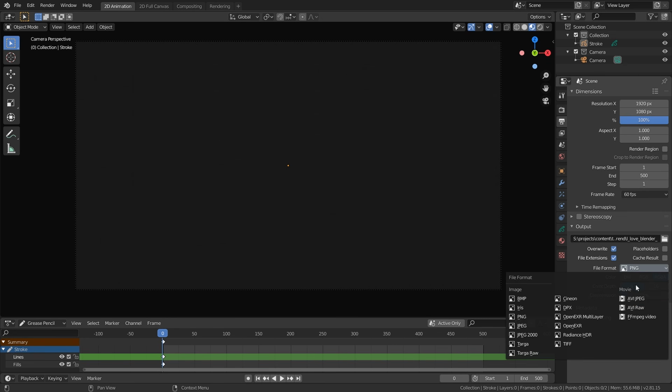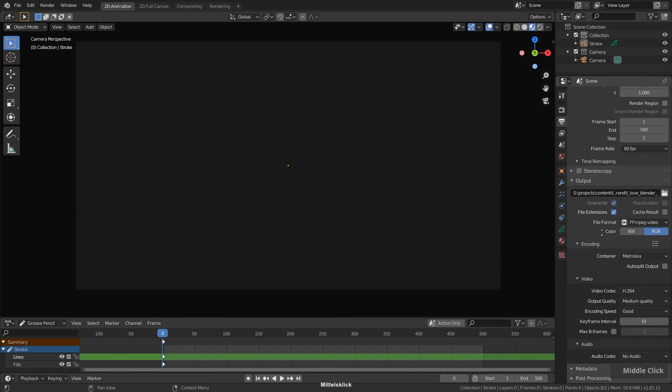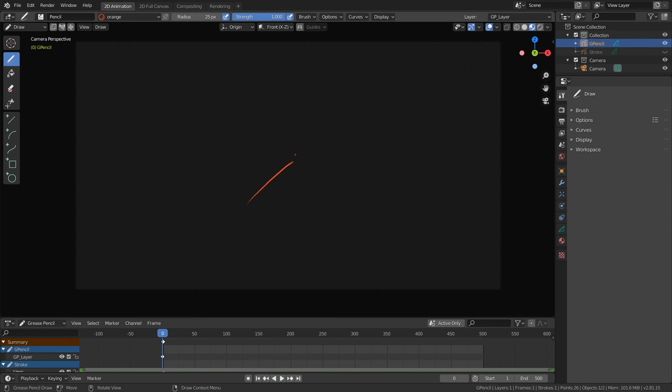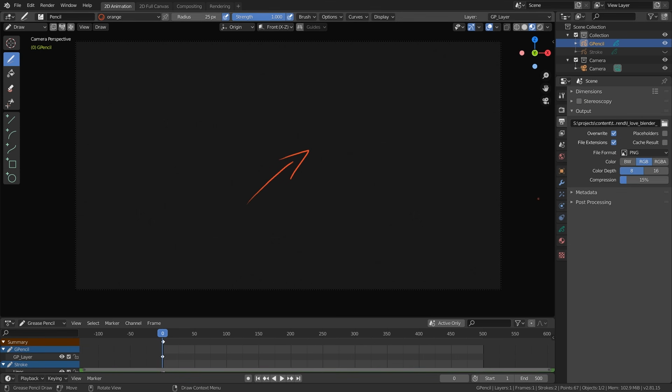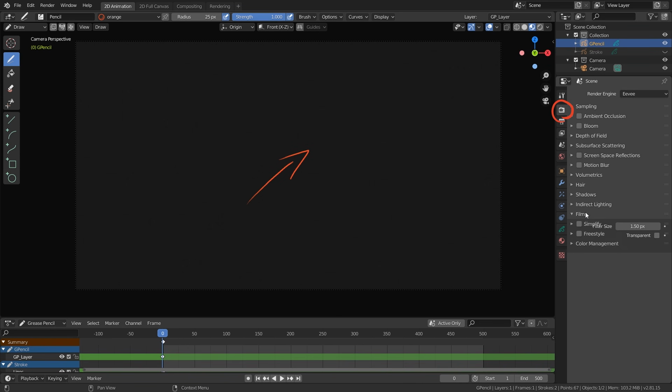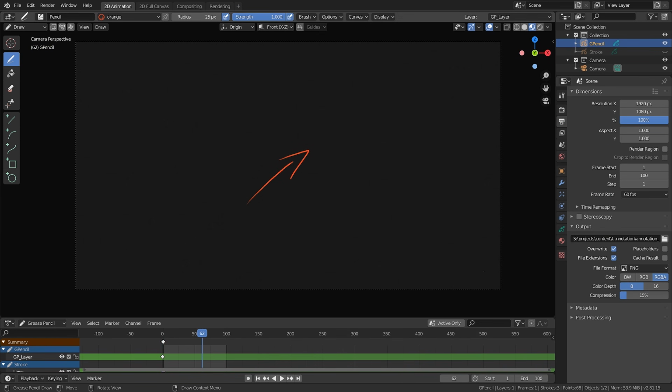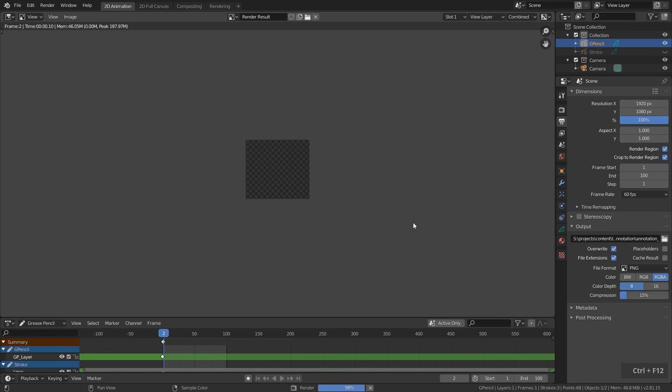And now you can either render this as video file, so you will have the colored background in your video. For example, you can use FFmpeg with a MP4 container, H.264 video codec and high quality output. If you want to create annotations with transparent background, set this to PNG with RGBA. A stands for the transparent alpha channel, and also make sure that in the render settings under film, transparent is enabled. Now to save some render time, press Ctrl B and draw a render border around your drawing, and then hit Ctrl plus F12 to render this animation.